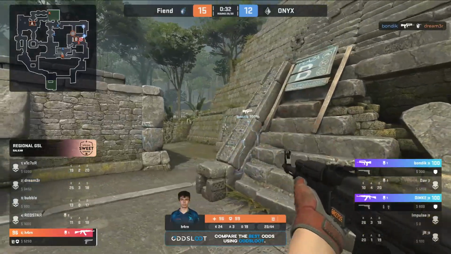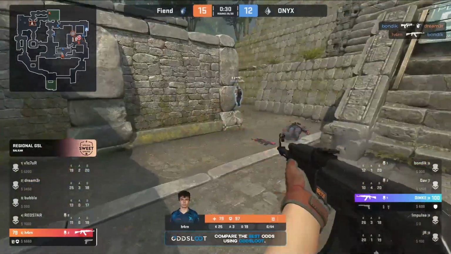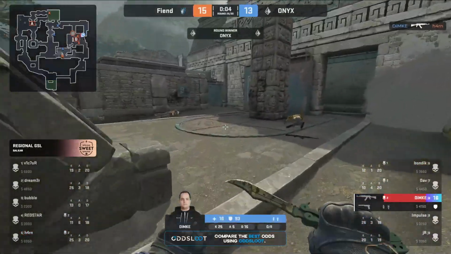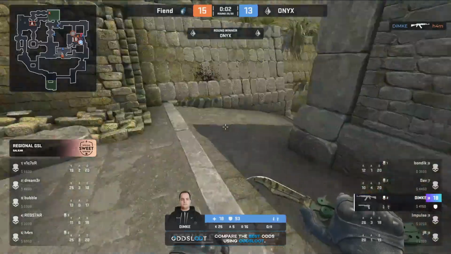And Bondik does indeed take down Dreamer, leaving Han all by himself. He'll find the fight with Bondik, but he won't be expecting DiMKE so close. He tries to find the transfer. Only 1 point of health here for Han. He will connect on a body shot with the...